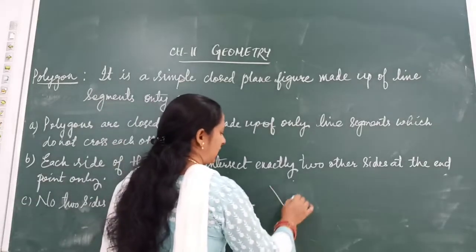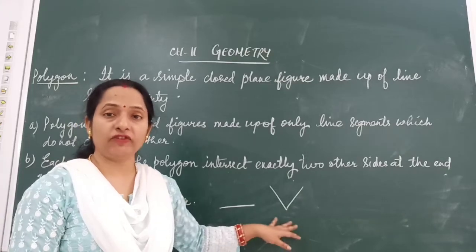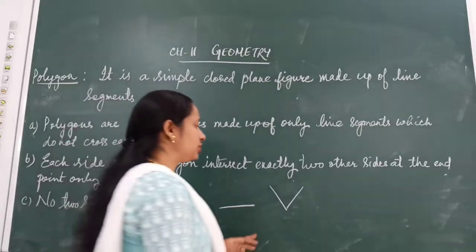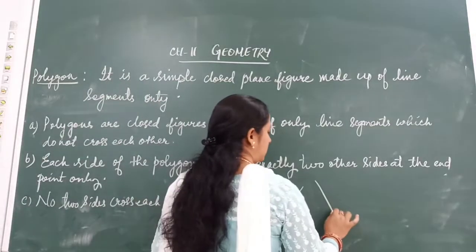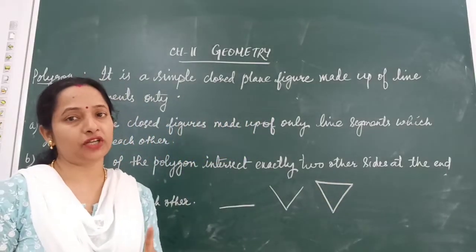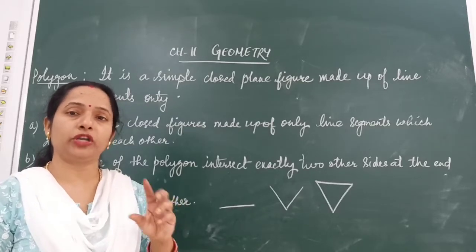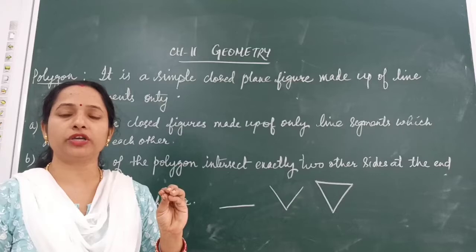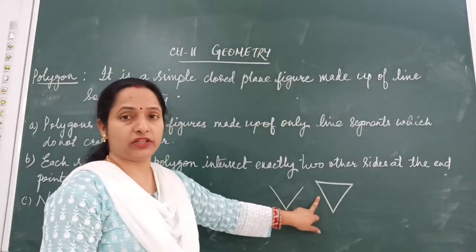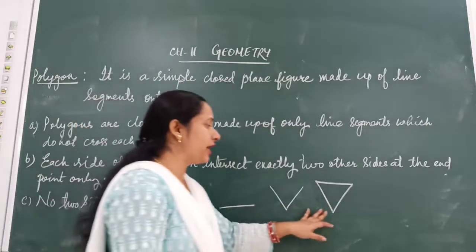Now, if you take any two line segments, then joining them will form a polygon? No. Using two line segments also you cannot do it. Now, if you are taking any three line segments and joining them all, then we are getting the first polygon. So, the least number of sides in a polygon is 3. So, the smallest polygon which we can form using line segments is a 3-sided polygon, and a polygon with 3 sides is called a triangle.